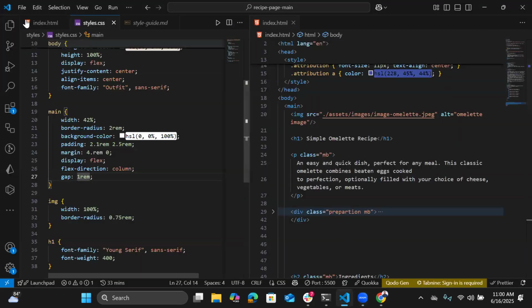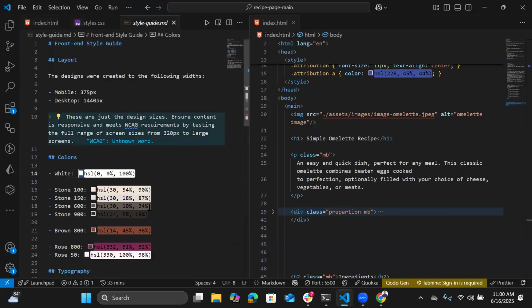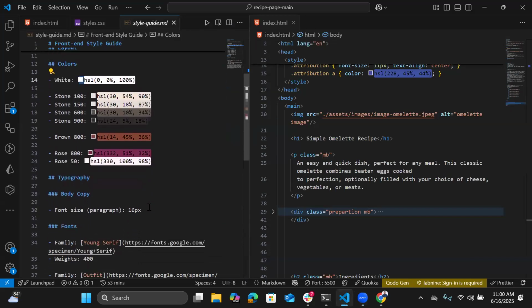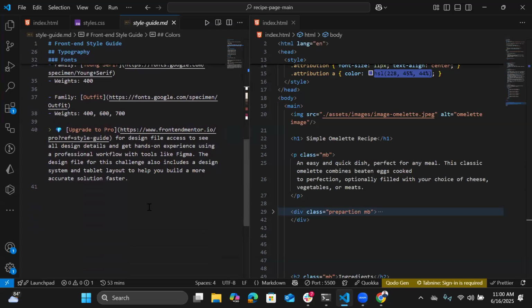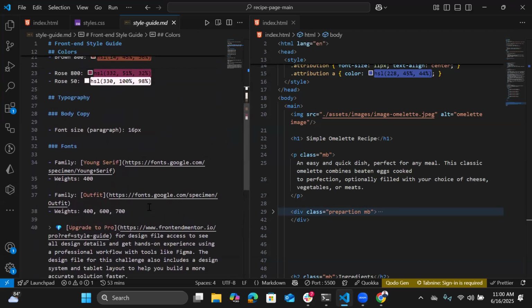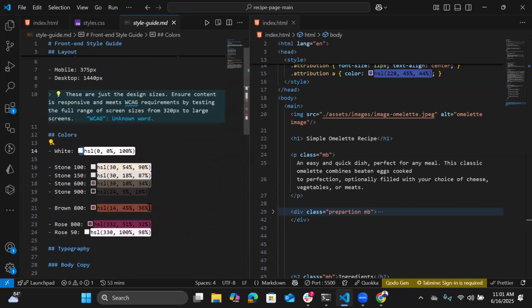Let's see. There's our style guide. As you can see, we have our font weight of 400, and for the margin and padding, it's just based on discretion. Before I came to this class, I had actually worked on this. To know the perfect fit, since I don't have those dimensions myself,